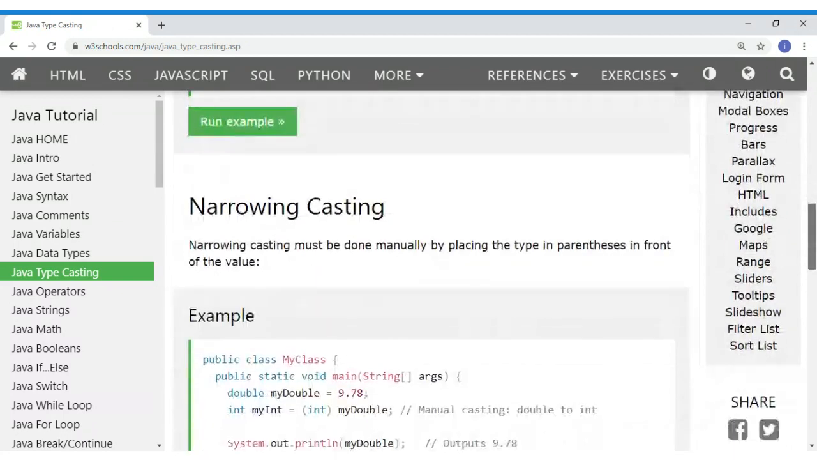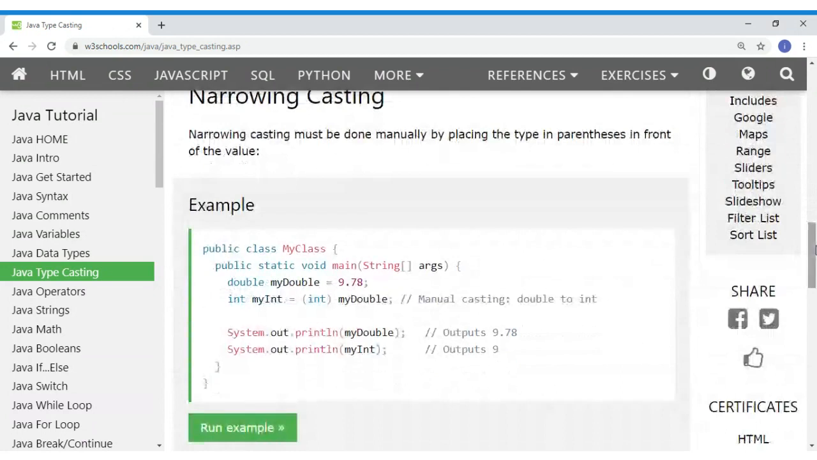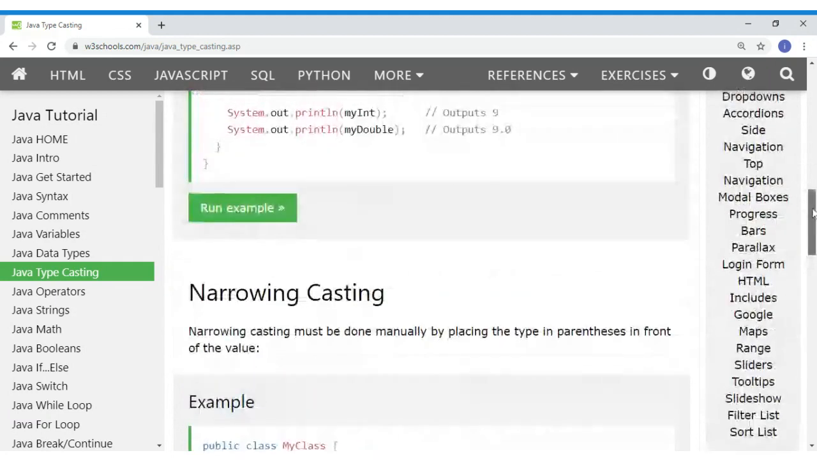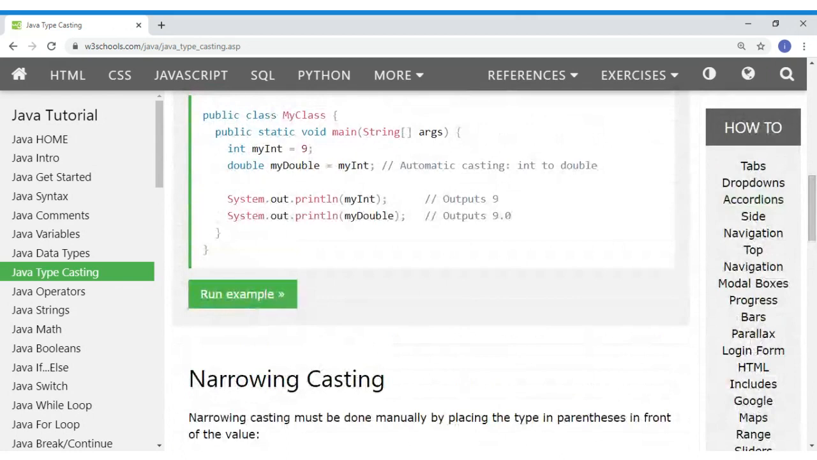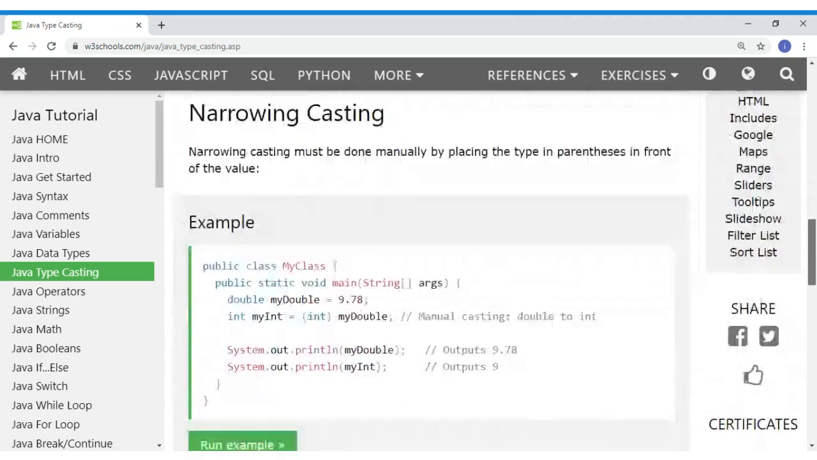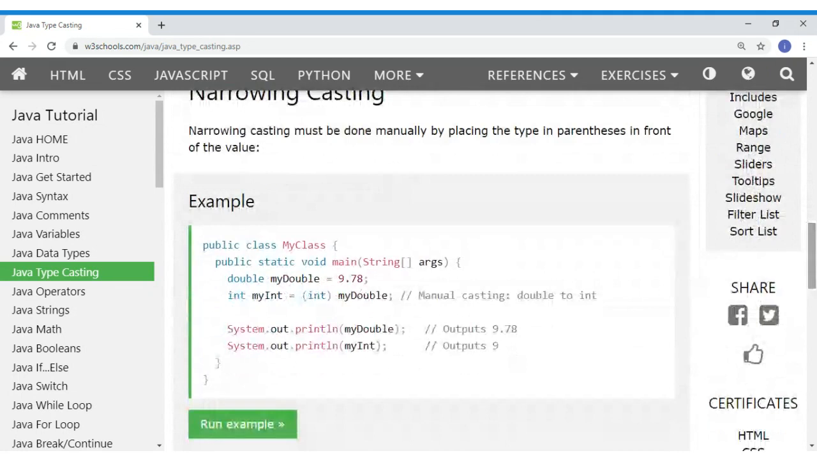Then we have narrow casting. Now, narrow casting must be done manually by placing the type in parentheses in front of the value. If you look at the difference, widening casting is done automatically. You just declare the data type, my double, then is equals to my int, what you want to change. Now, when you come to narrow casting, this one is done manually by placing the type in parentheses in